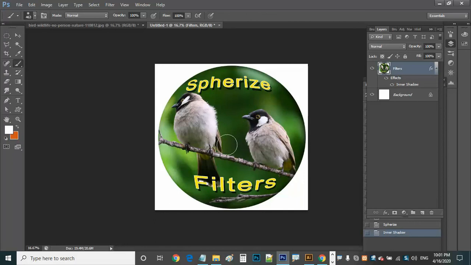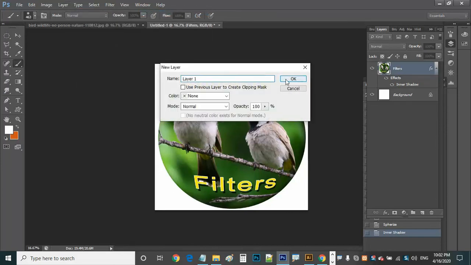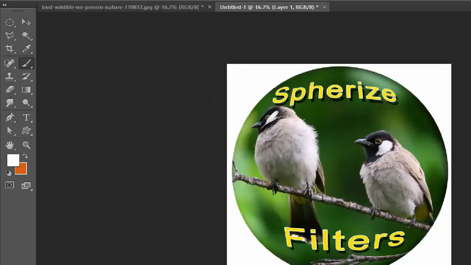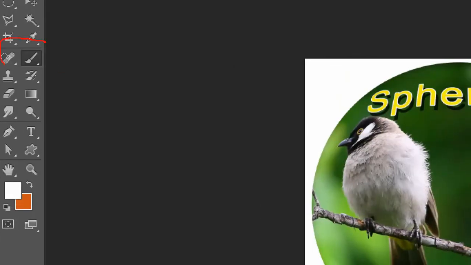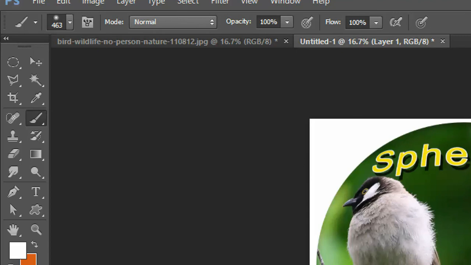So friends, I want to apply a shining effect here. For that I am going to take a layer first. Take a new layer. You can name it whatever you want, and take the brush tool here. You can see this, there is a brush here, and brushes will have more options. If you can see this, there are some options. There are a number of options available. Those are the brush size settings. You can do that after selecting the brush here. After selecting the brush, you can choose the options.